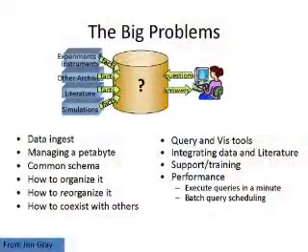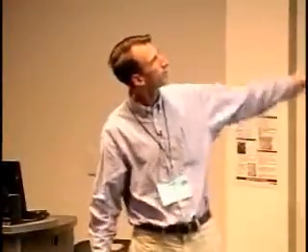So I love starting off with this slide again from Jim Gray, because it really keeps us focused. Big problems. We saw this slide in Tony's talk this morning. The big problems: how do we take data, perhaps logically or physically, bring it into one place? How do we organize it, reorganize it? How do we ask the right questions? How do we get the right answers? So this is really about how we can organize data, how we can get information from it, how we can work with others, essentially. Some of those facts